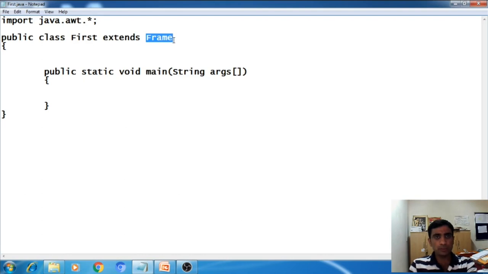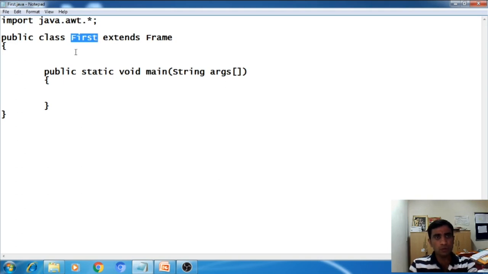Now what we are doing here, we are inheriting the properties of frame class, which is an inbuilt class, into the first user defined class. Now when you inherit a class from a parent, it will acquire the properties of that parent class. Now what will happen? The first class will become a frame class.